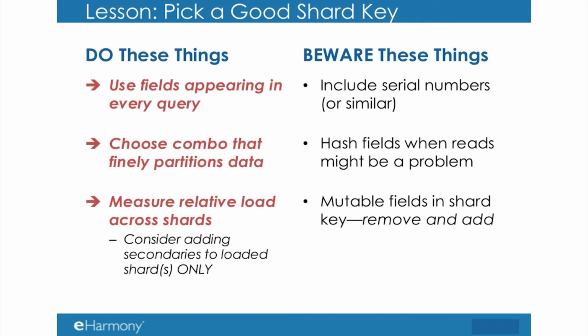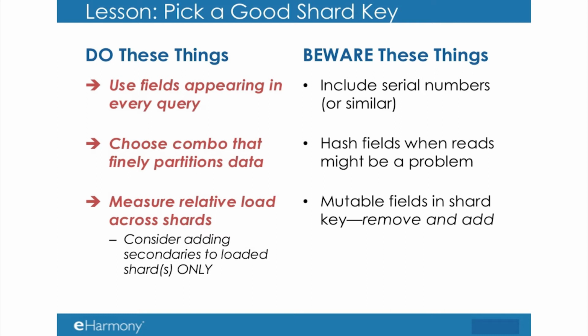Hashing is nice if you're doing a lot of writes and not a lot of reads, because in addition to being really easy, it means that your records are going to tend to naturally be scattered around your cluster, irrespective of whatever their business relevant attributes are, which means that kind of load clustering problem that I brought up, where some shards get hit a lot harder than others, is not going to happen so much for you,